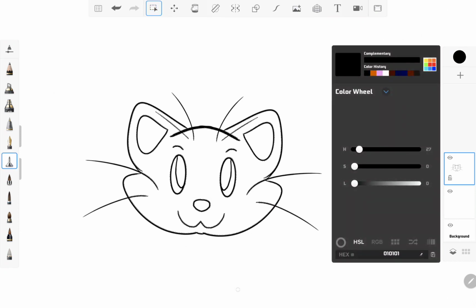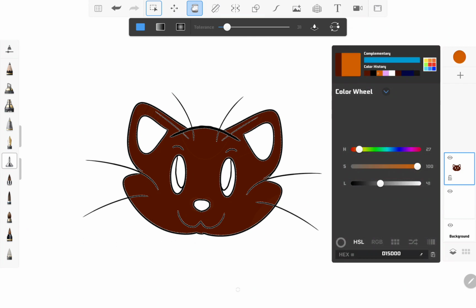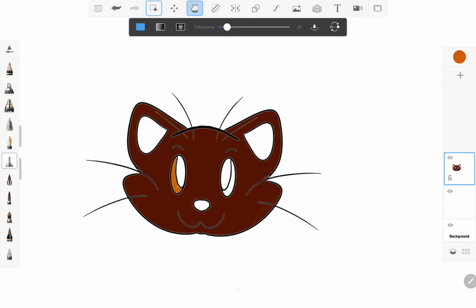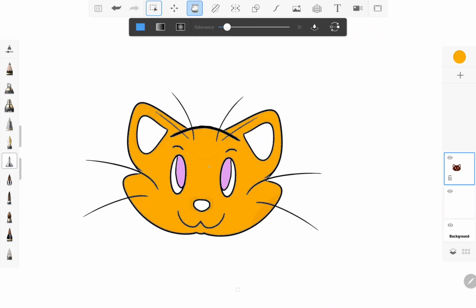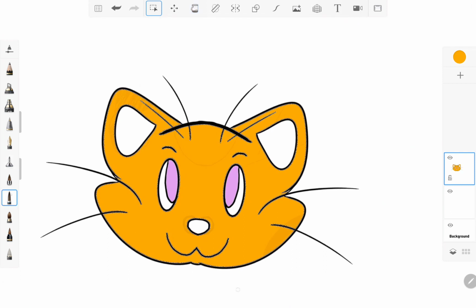But anyways, after that, now I'm using the magic wand to select the area that I want to color, or to use the bucket tool with. And I don't like that color with the pink eyes at all. It's not really a good match, so I'm just going to change it to orange. There we go. Oh, seems like I got some spots that I need to clean up,